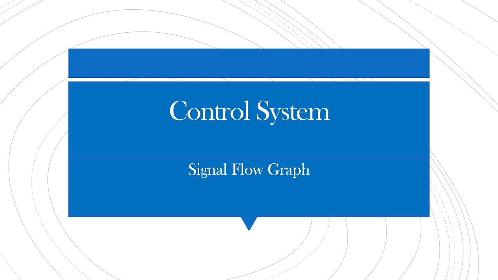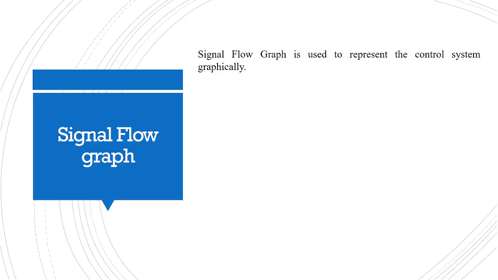In today's class, we are going to see the basic concept of signal flow graph. Signal flow graph is used to represent the control system graphically. It was developed by Mr. S.J. Mason, famously known as Mason's gain formula, given by T is equal to 1 by delta sigma of Pk delta k,